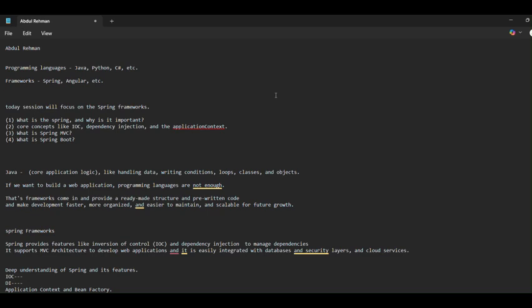Today we will discuss some of the most important topics you need to know if you want to develop any application. Starting from understanding the importance of programming languages and frameworks. When developing any real-world application, the first step is choosing the right programming language like Java, Python, C Sharp, etc. The second important step is choosing the right framework because the framework makes development faster, more efficient, and easier